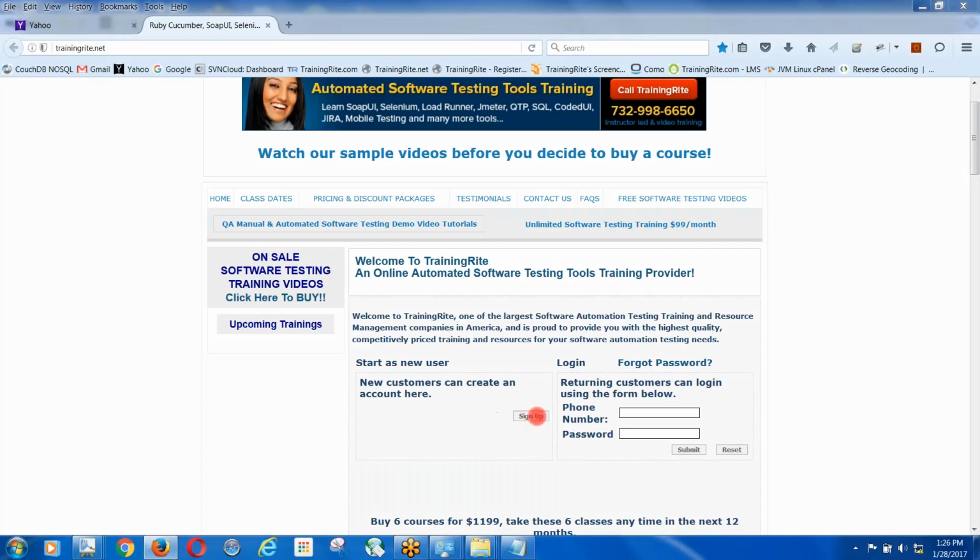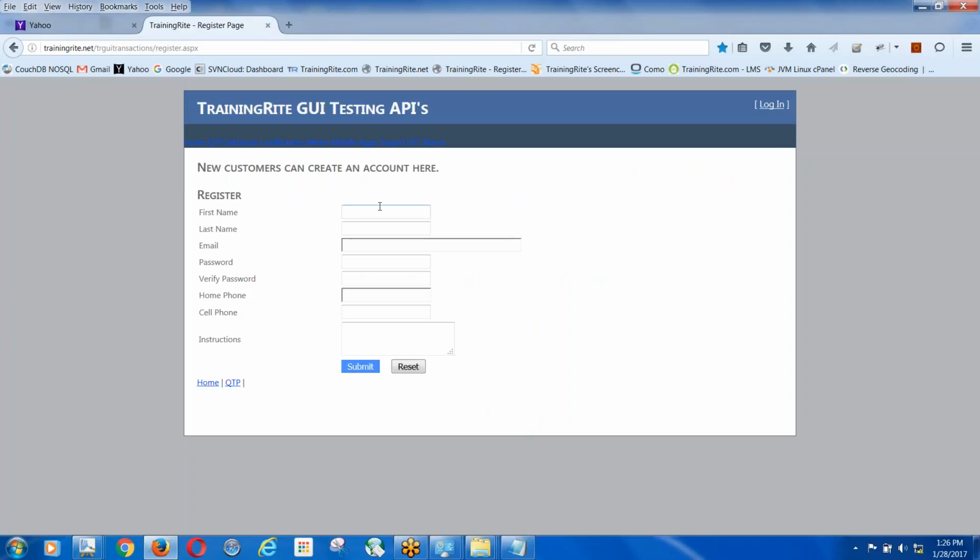Here we will sign up for a new member and we will log in, and then there is forgot password and all that, right? So these are all the test cases that we have to do. So right now I will show you how to use Selenium IDE to do the sign up. So let me show you the manual test case. You come in here and you click on the sign up. When you click on sign up, you will enter all of these details, hit submit, and it should take you in as a new member. And whatever home phone number and whatever password you use,